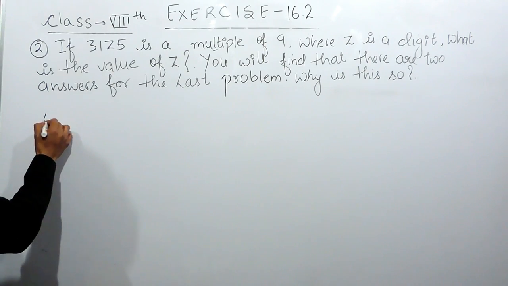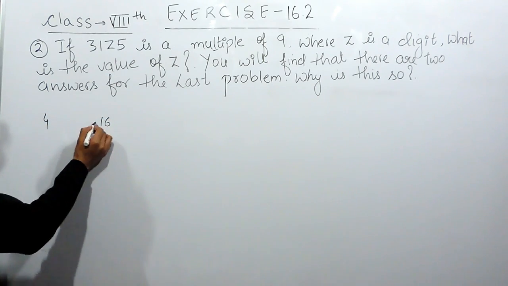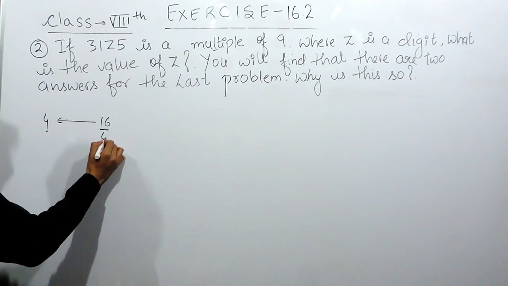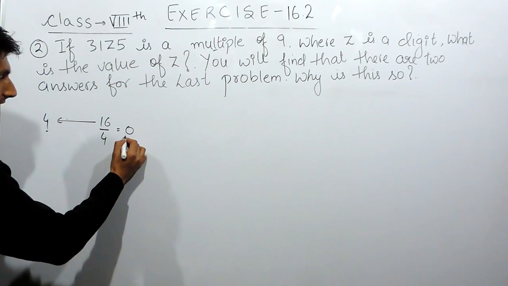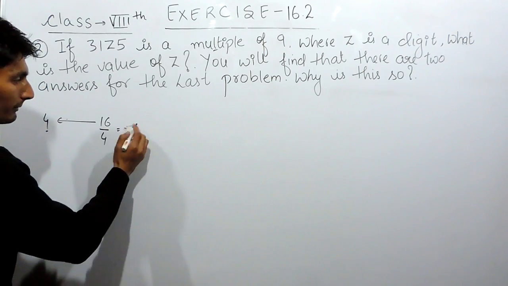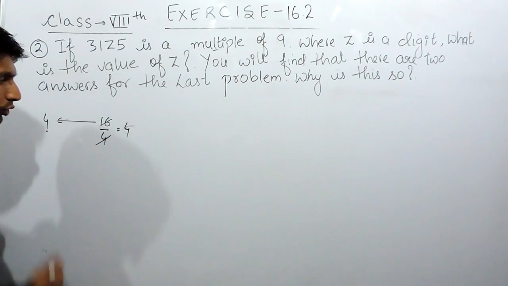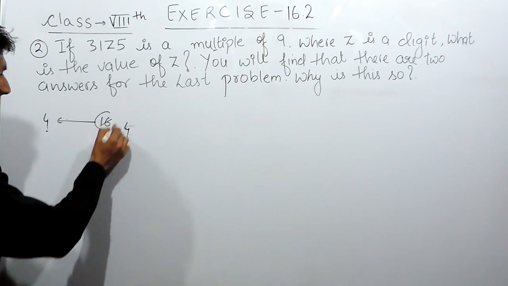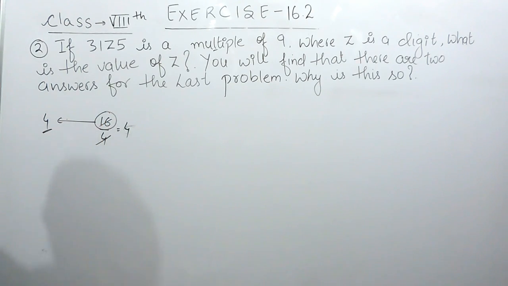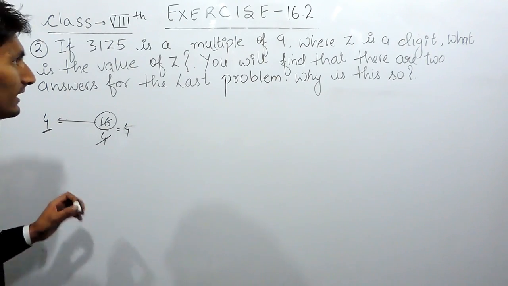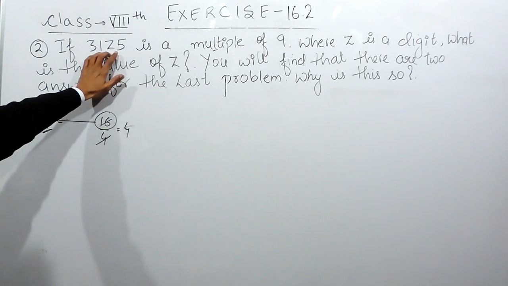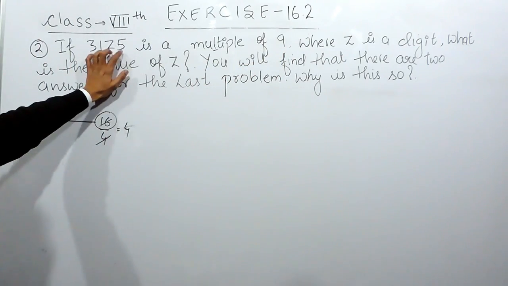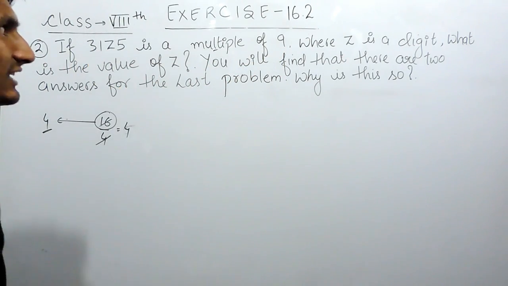If I am saying 16 is a multiple of 4, it means 16 must be divisible by 4 completely, meaning there must be no remainder. This can be cancelled 4 times and there is no remainder. So 16 is considered a multiple of 4. Similarly, if I am saying that 31z5 is a multiple of 9, it means this complete number must be divisible by